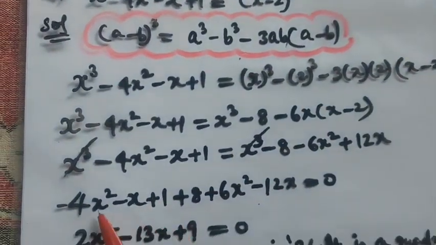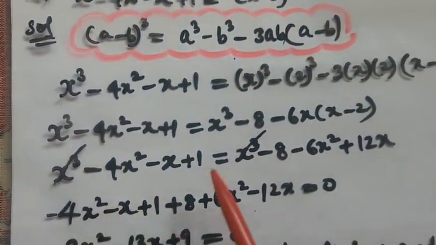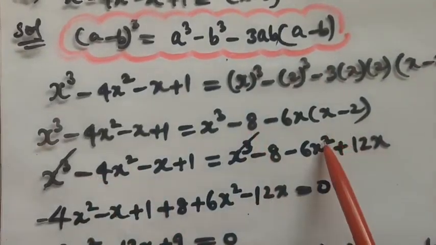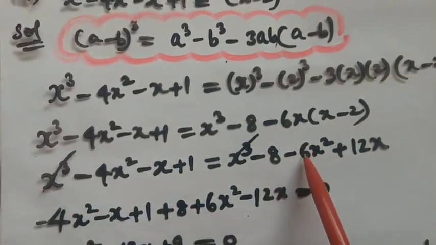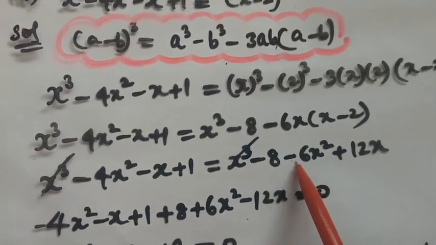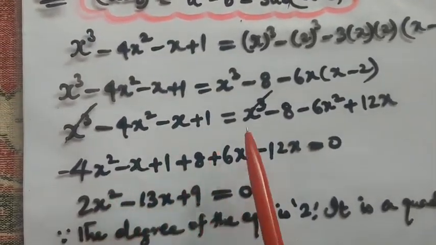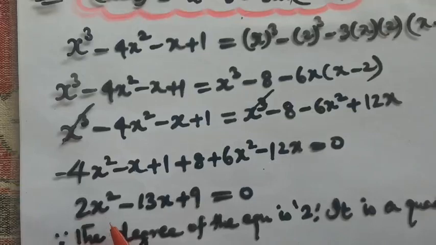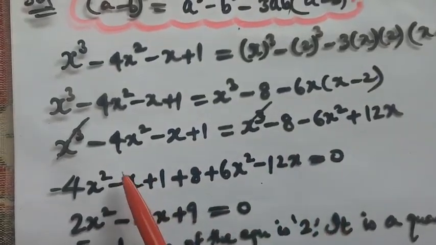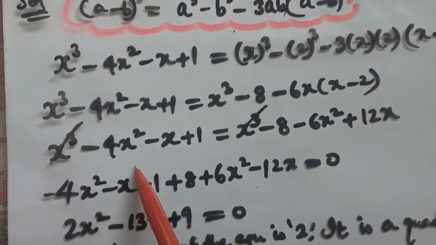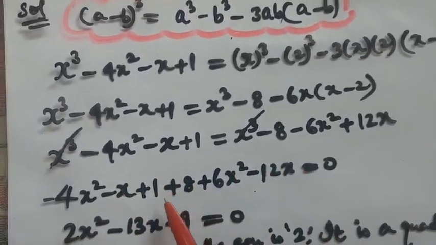So it has decreased my work, and here there is no cube term, and I want to bring my x square as positive. So instead of transposing -4x square on my right hand side, I am bringing right hand side things to my left hand side, because 6 is the bigger number and it should be a positive one. To make it positive, I am transposing it here. So after transposing everything, then after simplification, 6x square minus 4x is giving me 2x square, minus x and 12x will give me 13x. I hope you all remember, whenever there is nothing, the coefficient will remain as 1. So 12x plus 1x is 13x, and 8 plus 1 is 9.